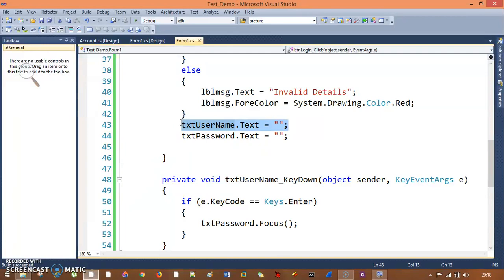So this is how you can work with it. You have seen so many things in the login control, and you can improve that login application in your own ways too. And I hope you understand